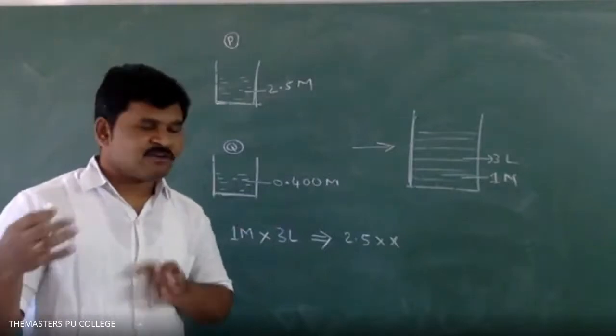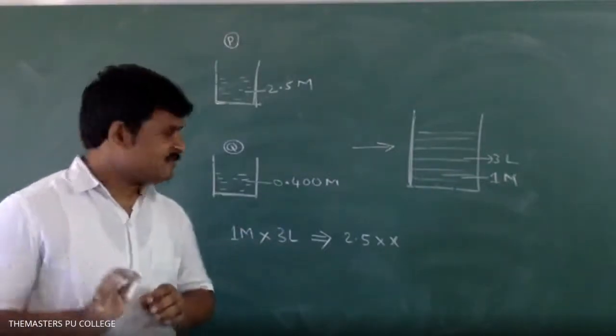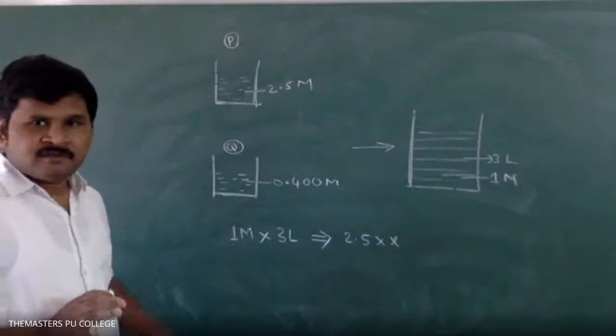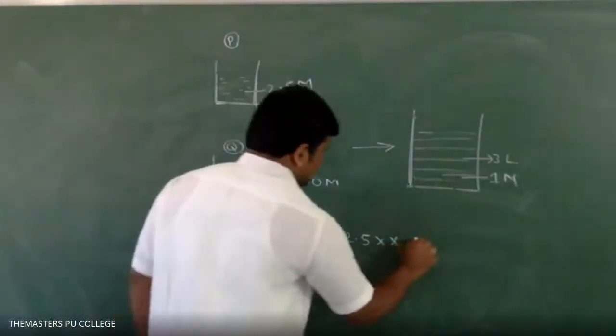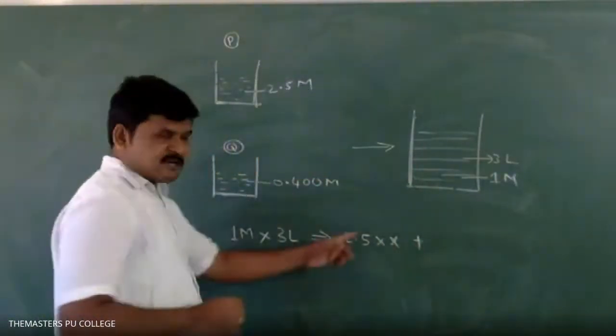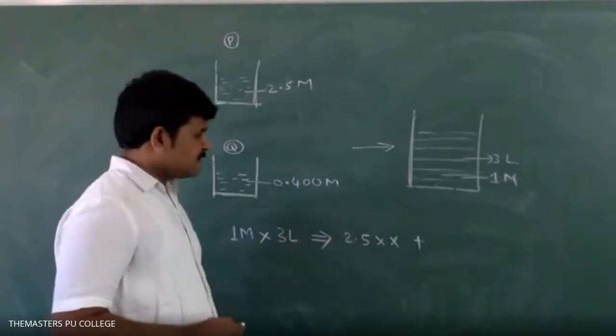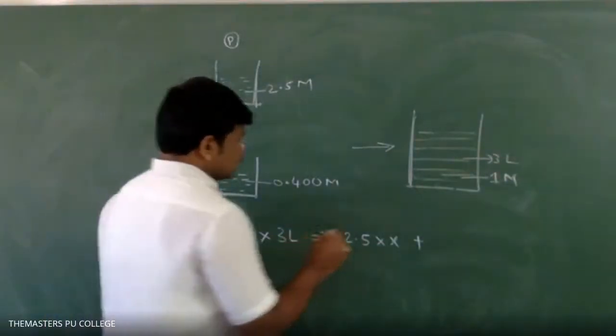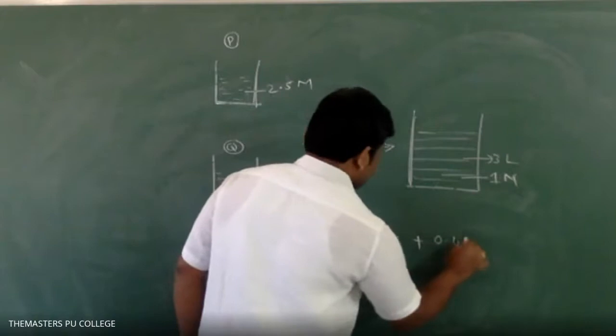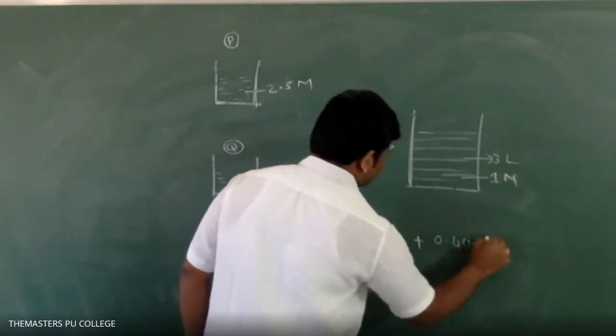I don't know how much I have to add. 2.5 into x, okay? Plus M1 V1 type term, 0.400 into